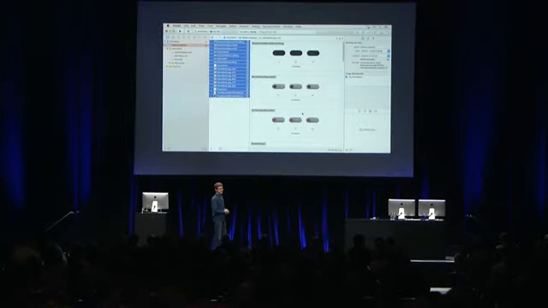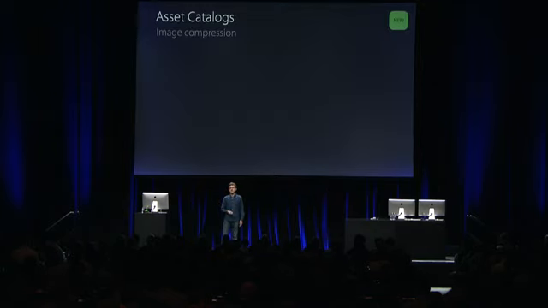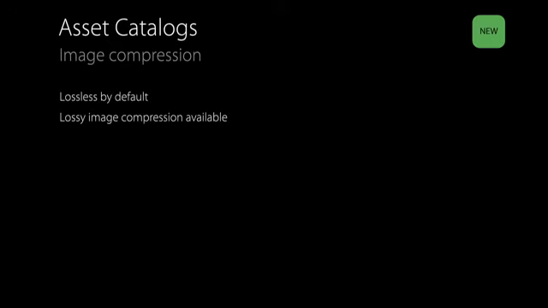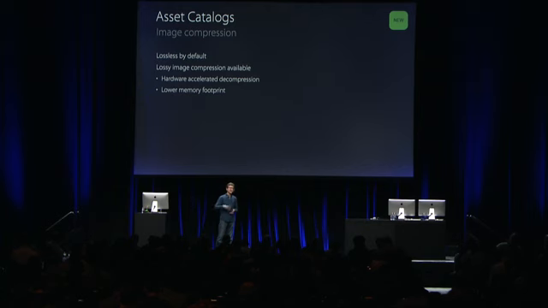One more thing I'd like to mention with asset catalogs is a new feature this year, and that's image compression. By default, images in your asset catalog are lossless. But new this year, you can choose from one of the lossy image compression formats. These formats have hardware-accelerated decompression, so they're really fast. And because of the compressed format, they can result in lower memory footprints. If you have a lot of assets in your application, you may benefit from the potential memory and space savings